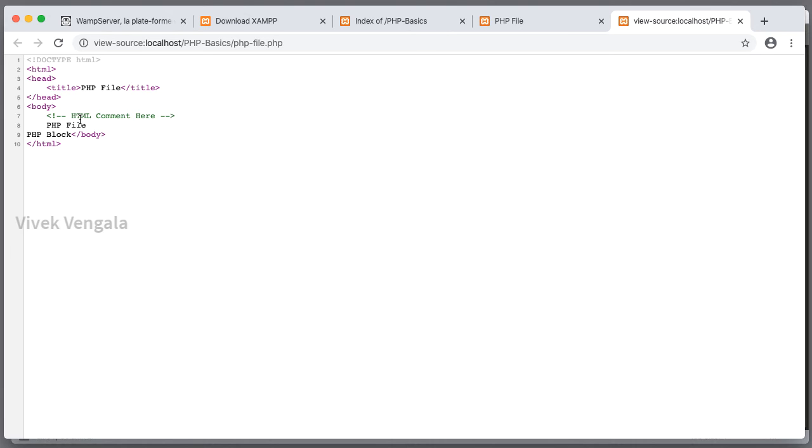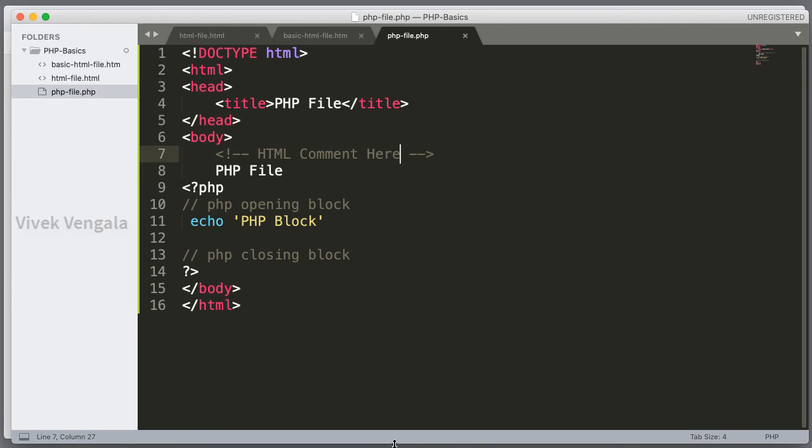PHP comments are used for commenting the source code. So whenever you are going through the code, you can easily understand it by putting in some hints. Not only for you, but for other developers who are going through the code. It's a useful way to easily understand the code by seeing the comments. It's a good practice to use comments whenever needed. Here we have seen how to display simple text from HTML and PHP.